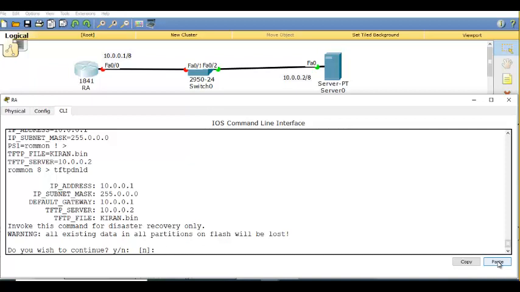TFTP download again. You can see the IP address. Do you wish to continue? Yes.